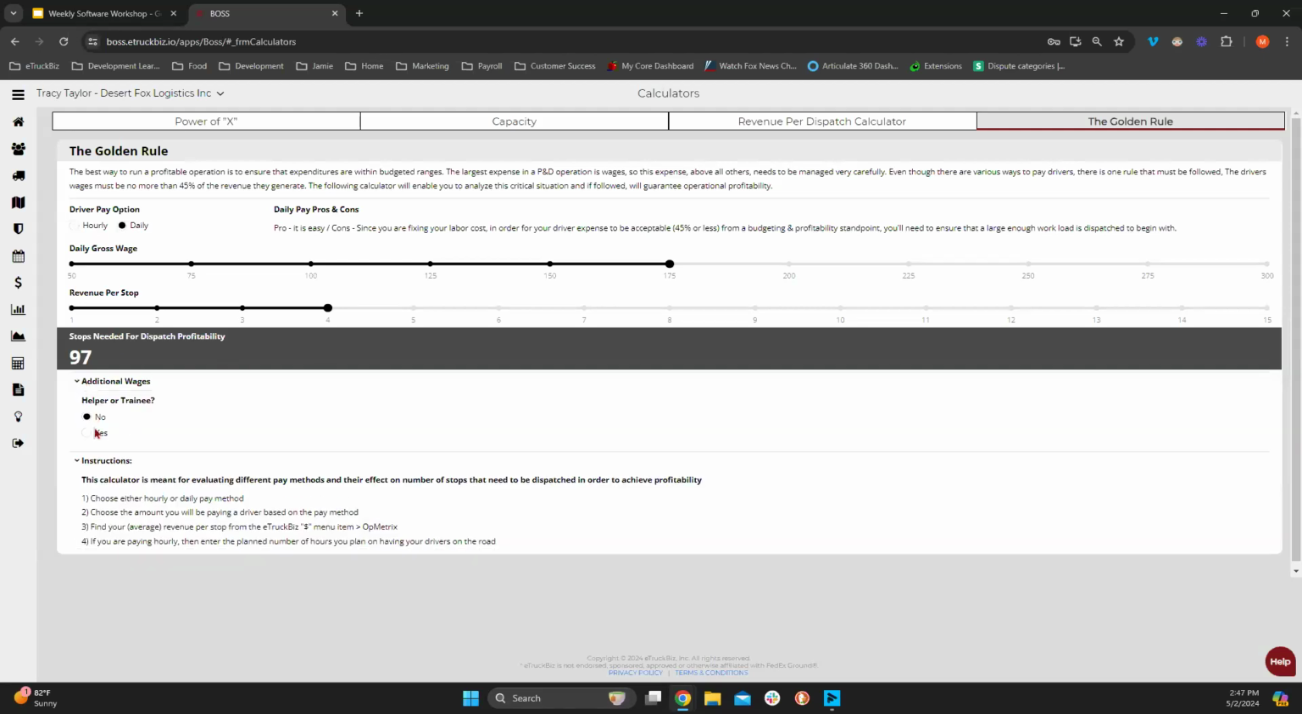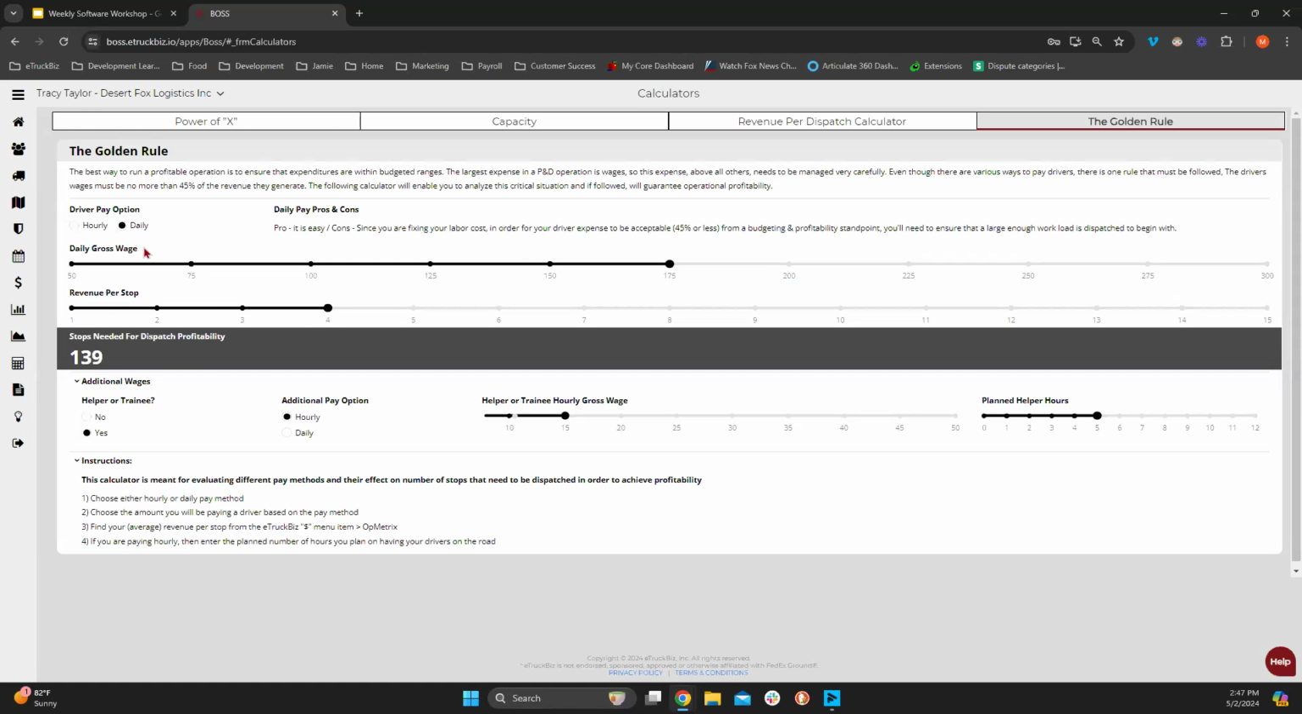Additional wages, helper or trainee. You can say yes if they're a helper or trainee. You can say that they're hourly or daily, and you can say helper, hourly, hour, gross wage, planned helper hours. This is also going to help you adjust for those helpers. So you're going to be able to see, look, with my driver, if you put a helper or a trainee